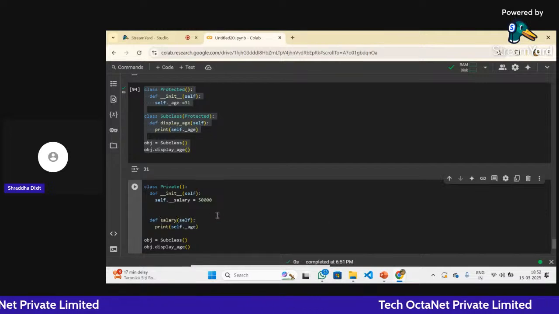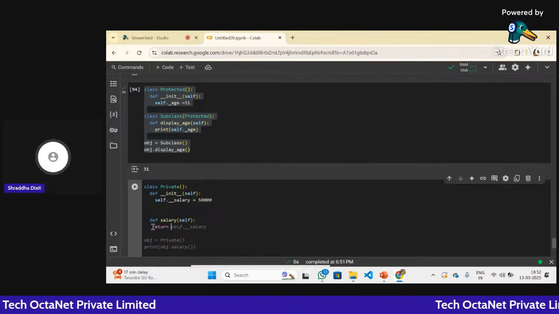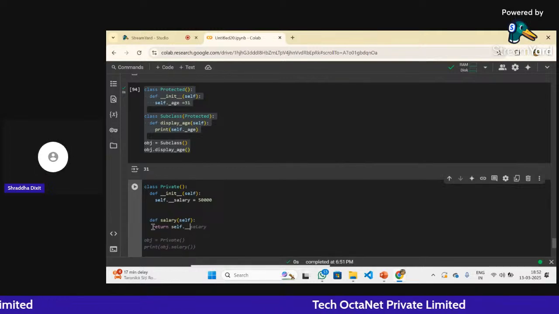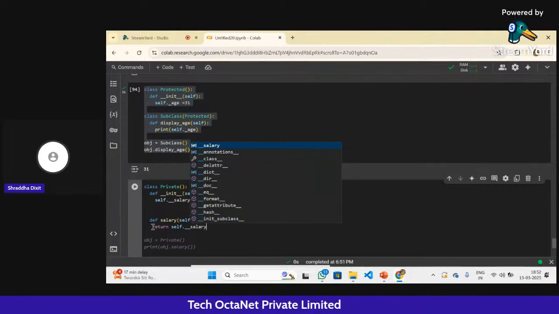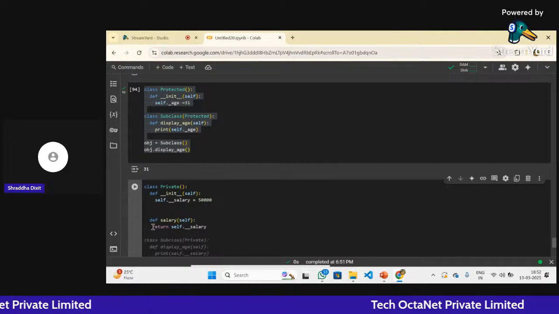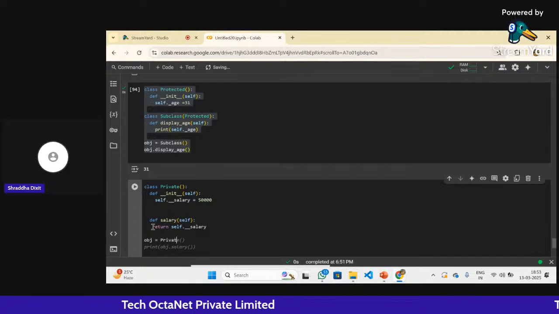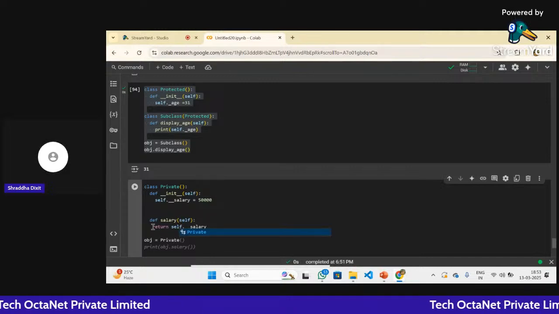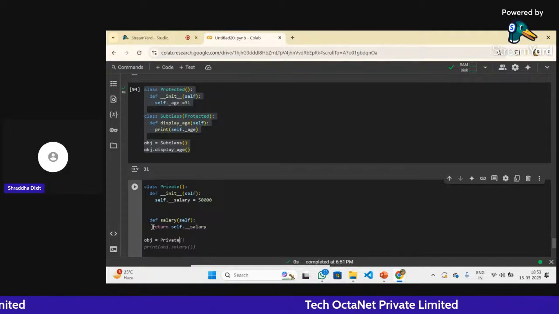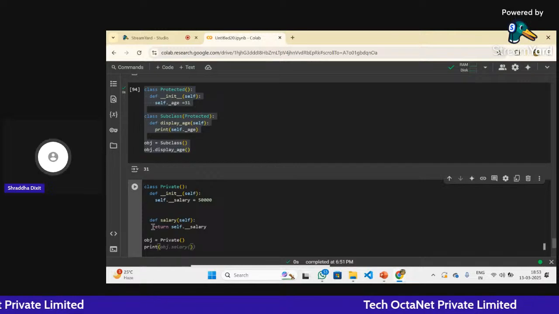Here is the return part also. The return, if I say self dot salary. If we create an object obj is equal to private, now if I say print obj dot salary,